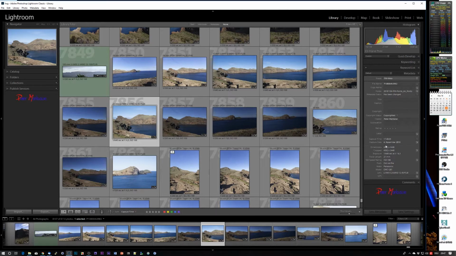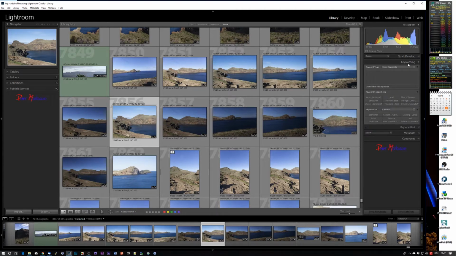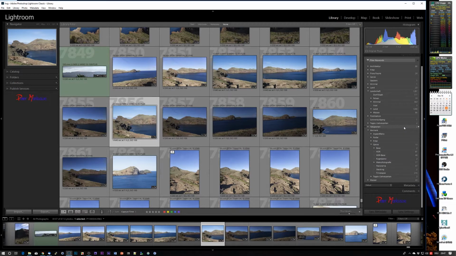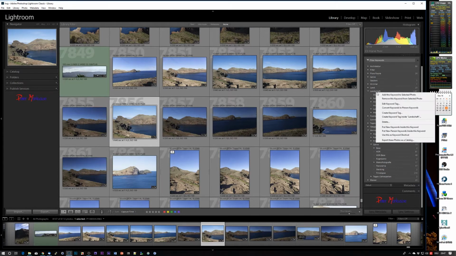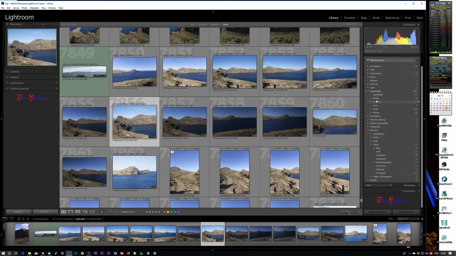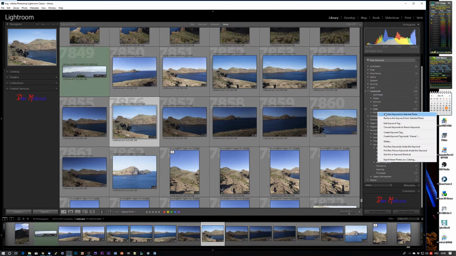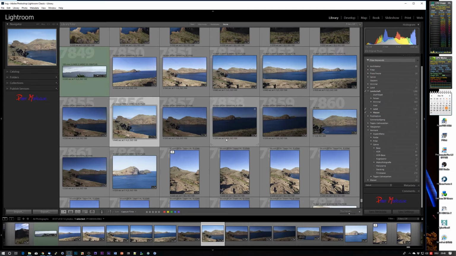In addition to the EXIF metadata, you have either a keywording panel where you can assign keywords right away to this image, or a keyword list where you can do the same thing, just like that one, for example. Add the keyword landscape and land and water, and with these keywords you can filter afterwards if you are searching